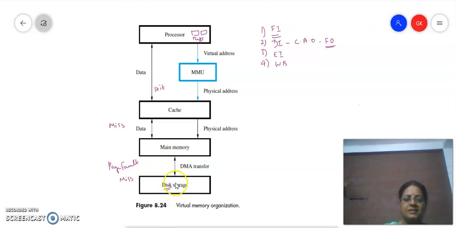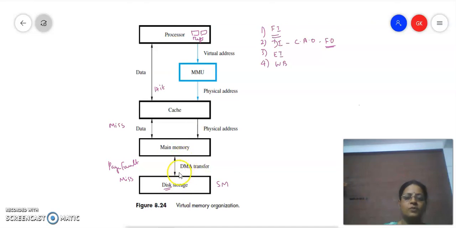If it is present in the disk storage, it has to be moved on to the main memory. As we all know, the secondary memory is of huge size, so we will be transferring a huge volume of data. If we want to transfer a huge volume of data from the disk to the main memory, the CPU would have to intervene in this operation. The CPU is meant only for processing, and now we would be using it for data transactions, IO activity. So in order to effectively utilize the CPU, we are not going to disturb the processor for this transaction.